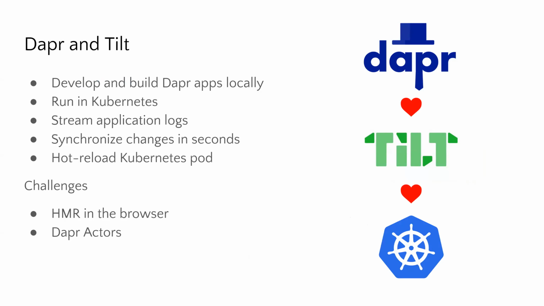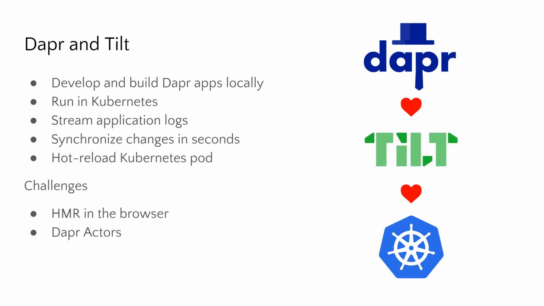So with Dapr and Tilt, it's really nice because it allows you to build and develop your Dapr apps locally. You don't have to do dapr run to connect your app to the other Dapr apps running in Kubernetes. Everything will be running in the cluster. Tilt will stream all the logs straight into your web browser, so it's really easy to see what's going on. And whenever you change something, Tilt will pick up the change, build, and synchronize the change in a few seconds. So typically you change something, you wait 10 seconds, and the new version is running already in Kubernetes,